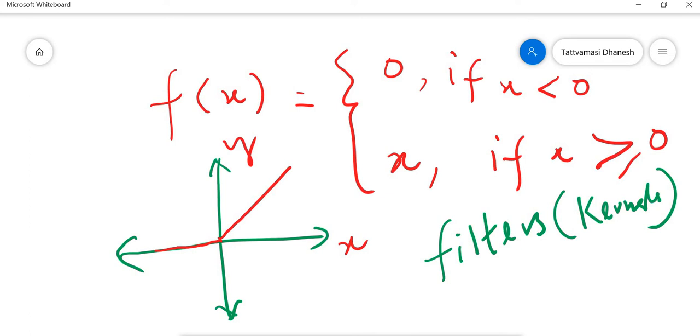So after the convolution operation, we got three maps because we used three filters. Even at that time I told you that you can use any number of filters. We came up with three maps, and all those maps were 7 by 7